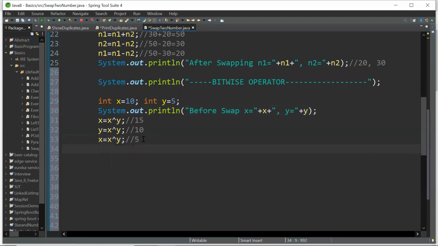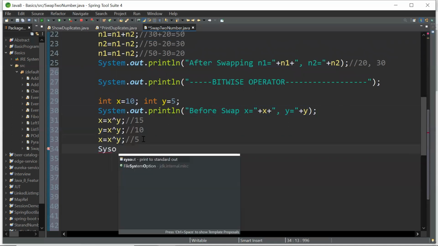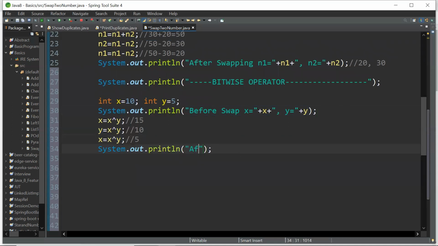Then after swapping, print after swapping, x equal to x, y equal to y.